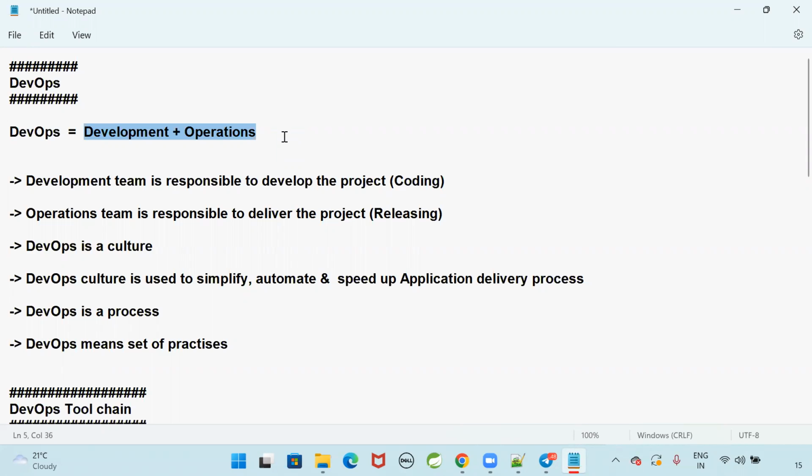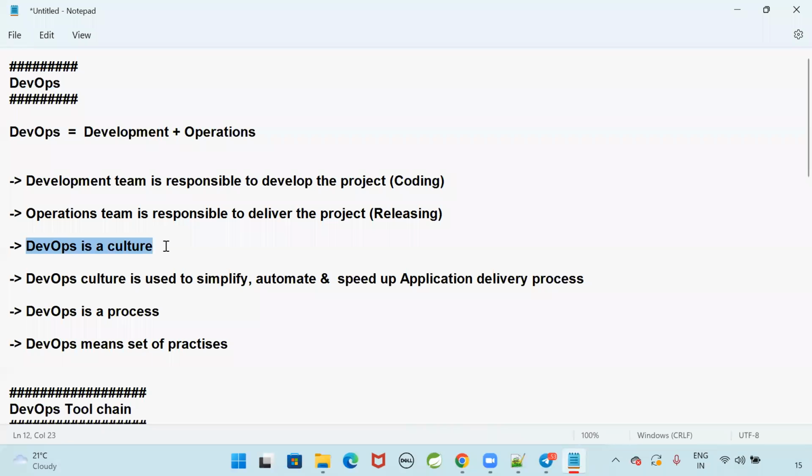As a DevOps engineer, it is our responsibility to simplify the application delivery process, simplify the application release process, and automate the application release process. Whatever code is done, we need to deliver that project to the client. For that, we are going to follow DevOps. What is DevOps?